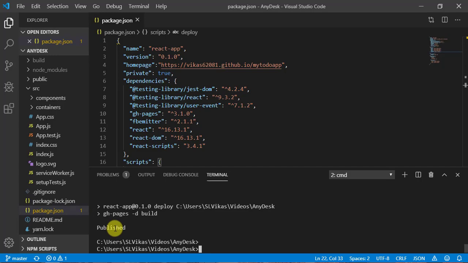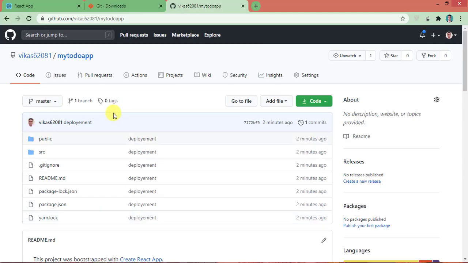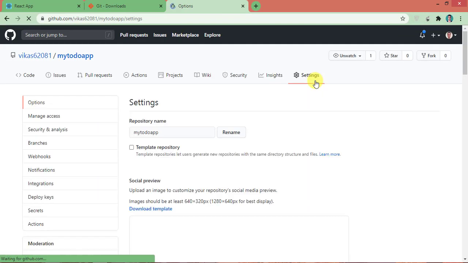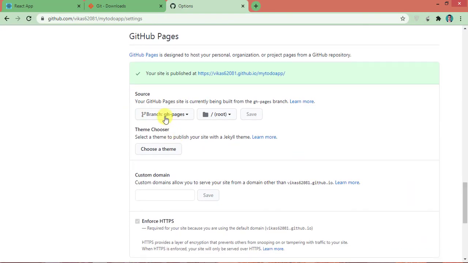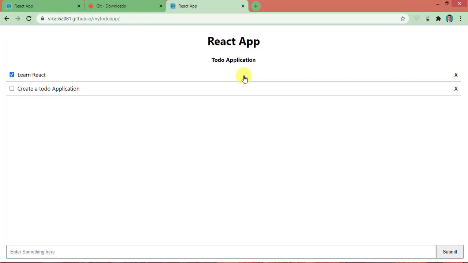Now let me go to GitHub and refresh this page. From here I can go to Settings, and you can come to here. Can you see here GitHub Pages? The source is gh-pages. If you click on this link, you can see your application, right?